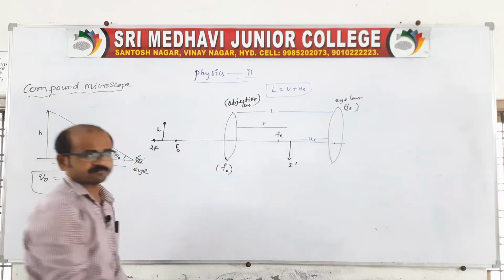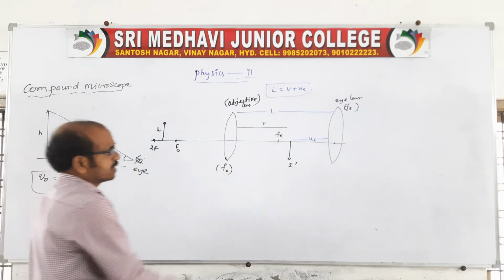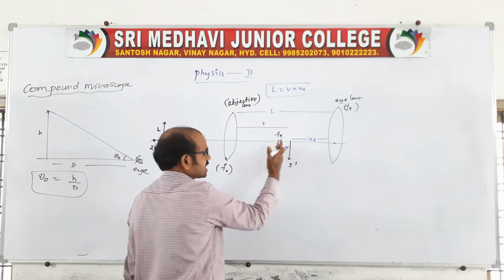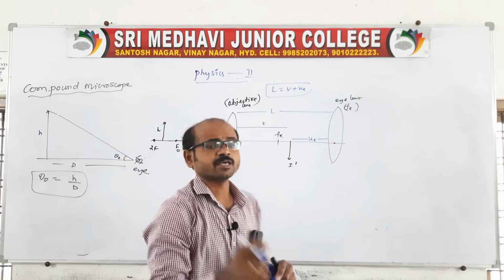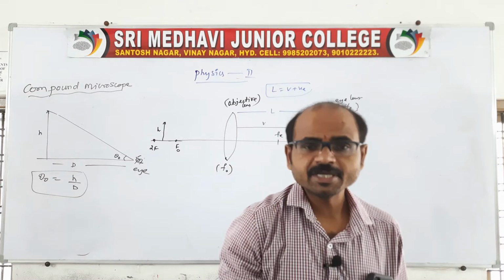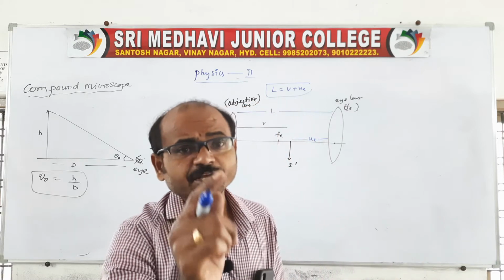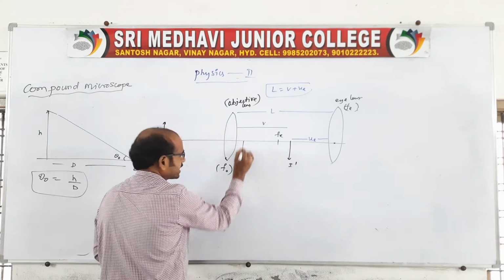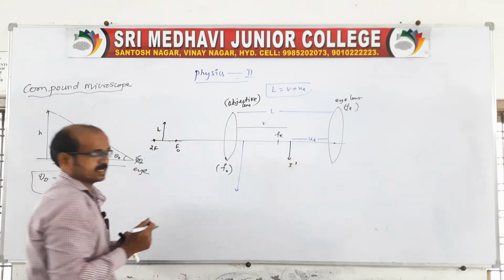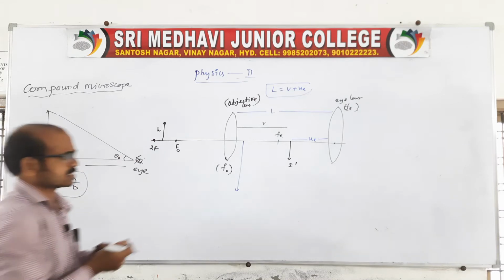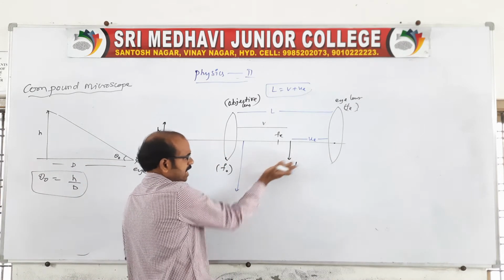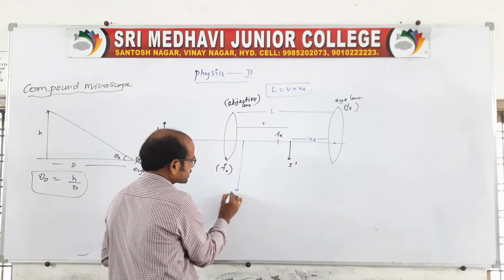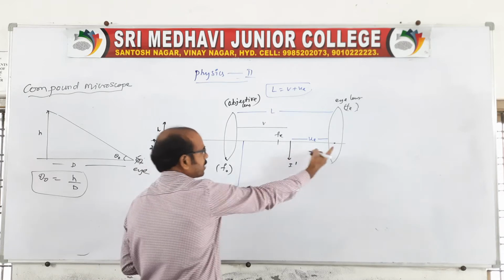No, of course the image will be formed. It is because the object is after the focal length of this lens. Therefore the image will be a virtual image, and it may form between D and infinity. Between D and infinity the image will be formed. It is a virtual image because it is on the same side. The object is on the same side, and the image also forms on the same side, and it is a virtual image. This is the image formed by this lens.